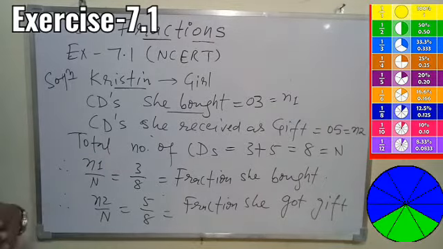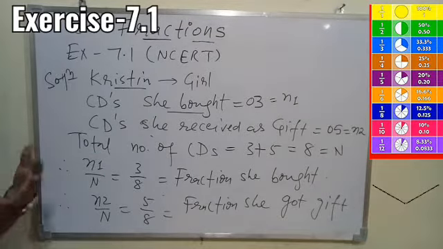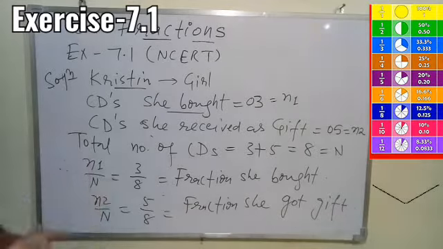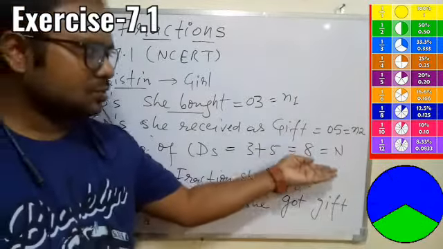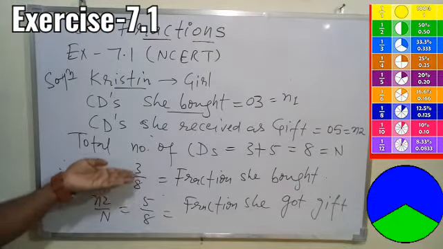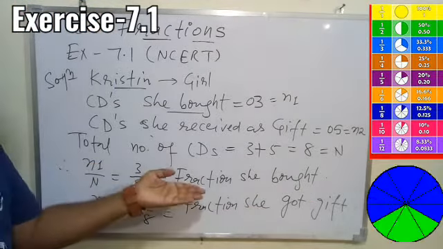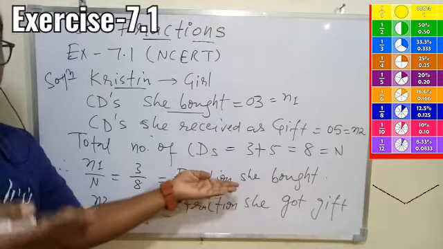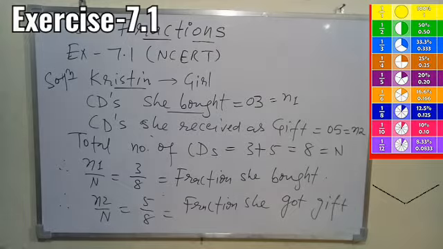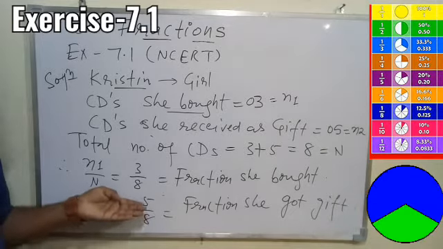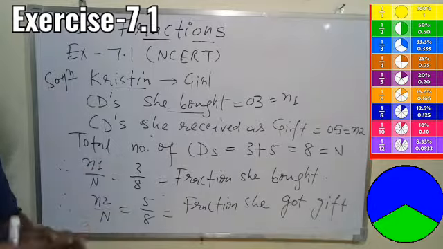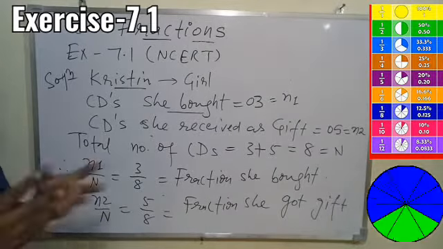So very first we need to find out the total number whenever we are finding the fraction of a given part or number. So we understood the total parts we have is 5 plus 3, 8, and now out of 8, 3 she got from the market, so that is 3 upon 8, showing that she has got this number of CDs out of 8. And the second one is basically showing you that out of 8, 5 she got as a gift. So 3 by 8 and 5 by 8 are two different fractions, showing you two different statements here.